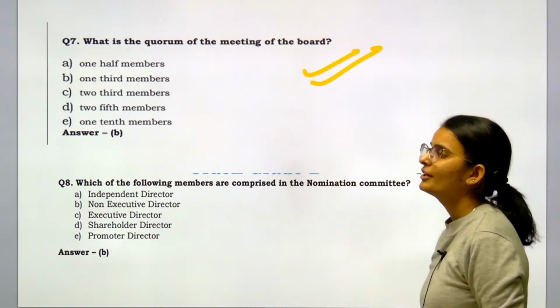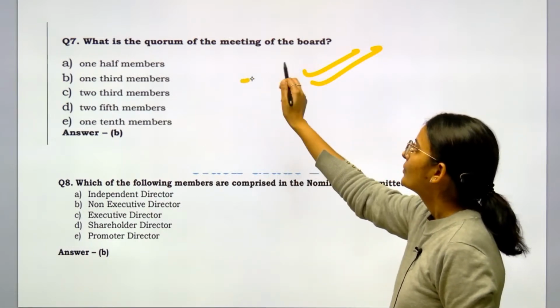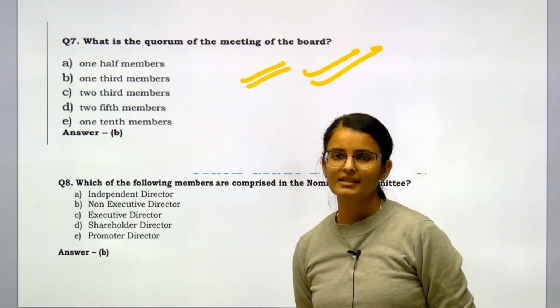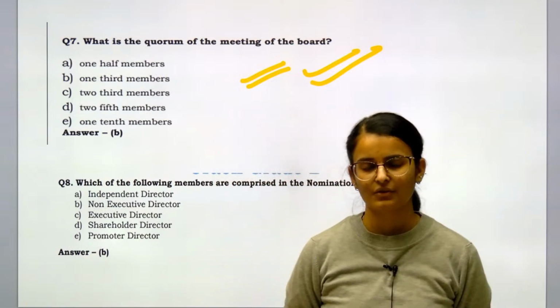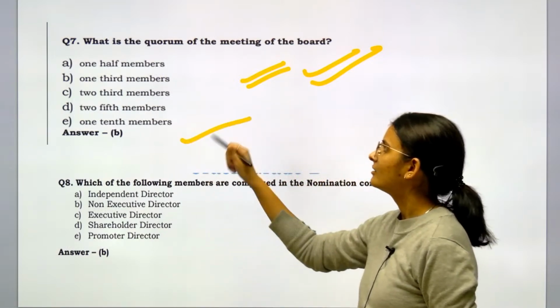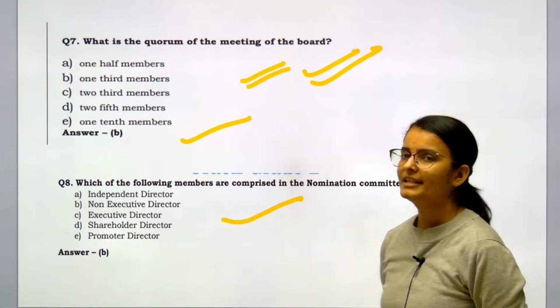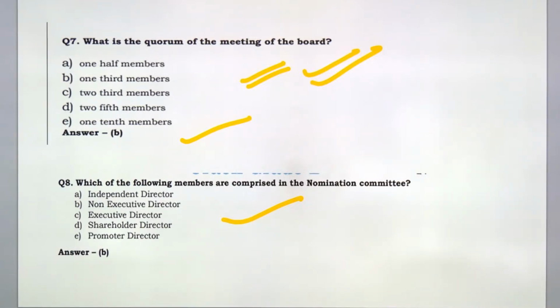See, such questions you were asking, na? Please identify the important topic. There is no such thing in RBI Grade B. Who was expecting this question? What is the quorum of the meeting of the board? It is a static part. We basically focus on the functions, we focus on the year, we focus on the objectives, but who sees what the quorum is, or which of the following members are comprised in the nomination committee? Hardly anybody. Quorum means the minimum members that should be available to conduct a meeting. Okay, Sejal? We will cover these points in finance and management. Okay.